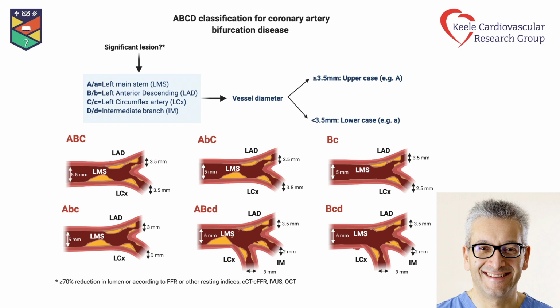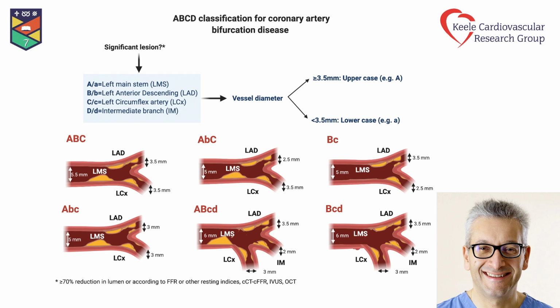Each vessel is named with a certain letter. So the left main is termed A, the LAD B, the circumflex C, and intermediate D. Sizing of the vessel is characterised by either a capital letter if the size is greater than 3.5 millimeters, or a small letter if the size is less than 3.5 millimeters. And finally, the letter is present if the disease is significant, i.e. there's a 70% reduction in lumen diameter,